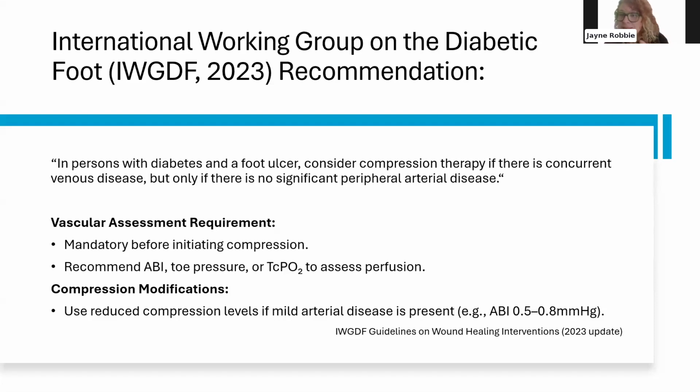Can you feel the pulses in the feet? Is the skin warm? Is it pink? Is the patient complaining of pain? Have they got pain at rest? How far can they walk without any pain? If they have a wound, does it heal up fairly quickly? So those ideas around your vascular assessment, and then supplement it with, if you have a handheld Doppler,